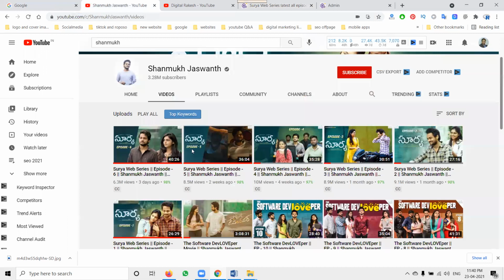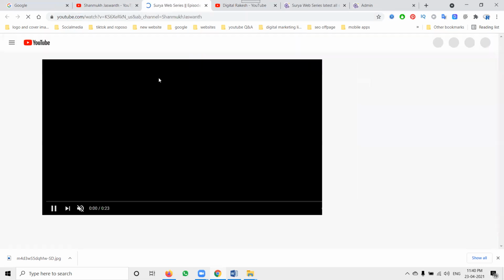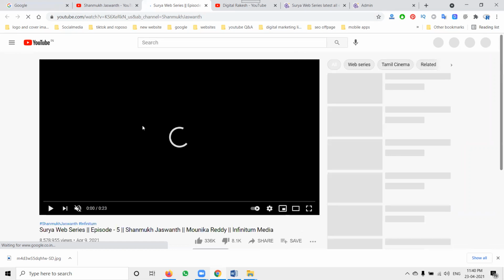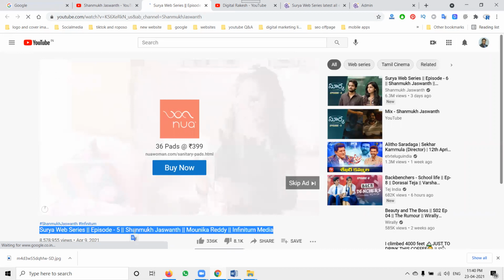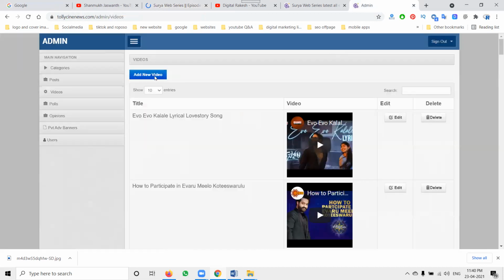Next, I'm posting the fifth video. Here the title will use a pipe symbol. Pipe is nothing but a separator; each category will be separated by the pipe option. The same will be used for your particular video option.